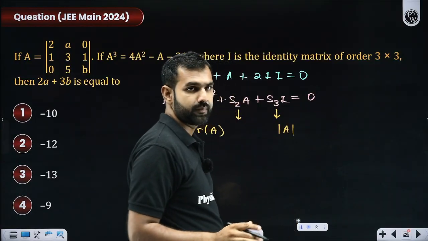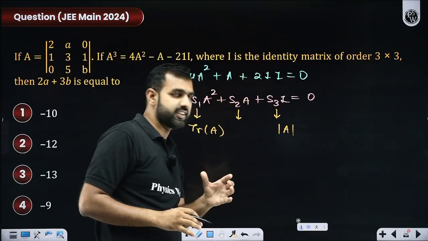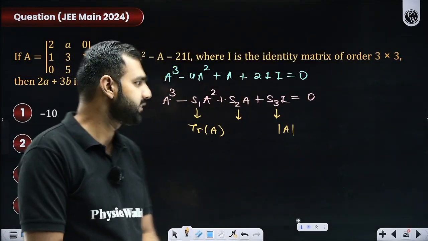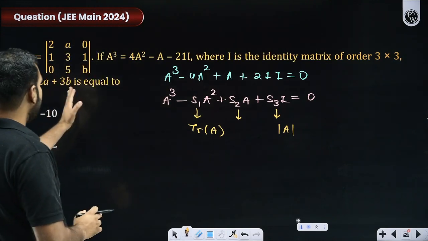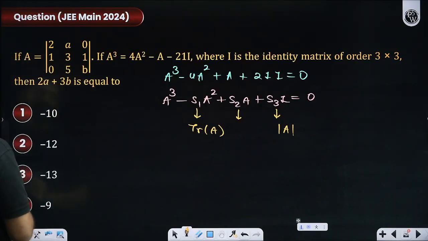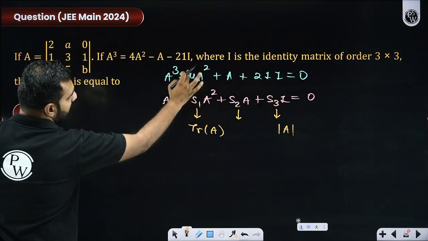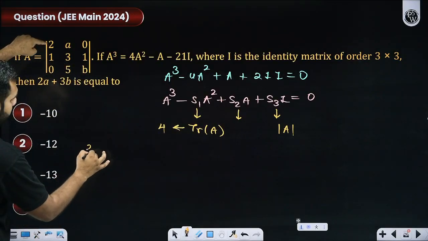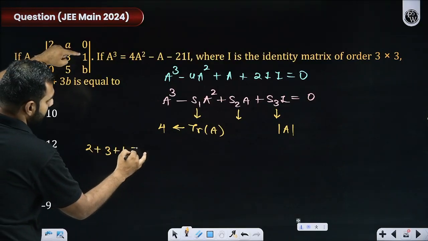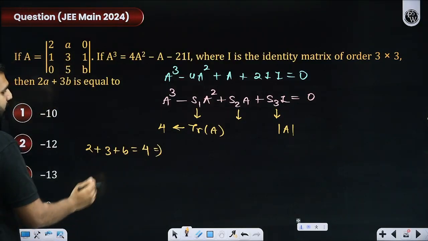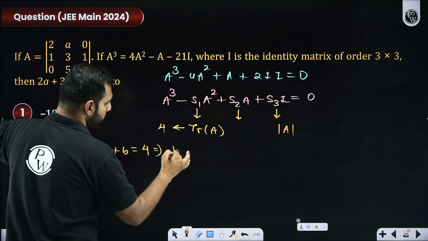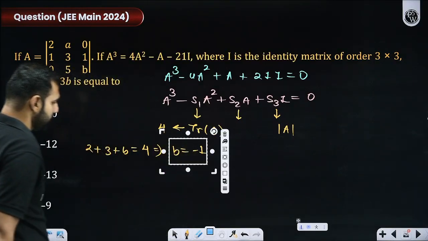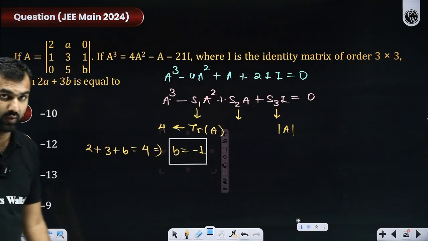Do you remember that? Even if you don't use S2, you will get the answer to this question by using these two values only. Everyone listening and understanding? First of all, A and B is what we are interested in figuring out. So trace of A is 4 in this case. Trace of A is 4, which means 2 plus 3 plus B should be 4. So this gives you 4 minus 5, so we receive B as minus 1. Give me a quick update on this. Everybody understood that? Or shall I re-explain that?